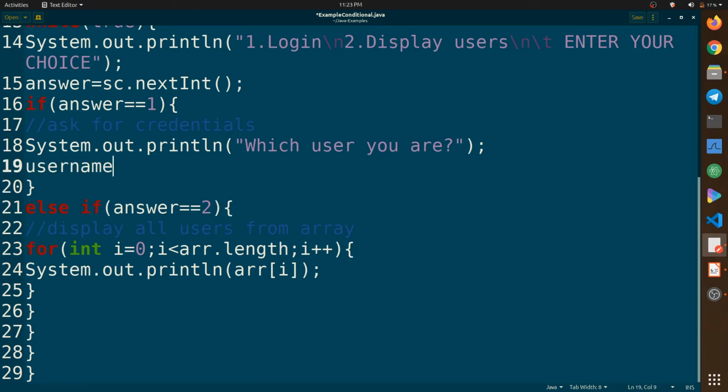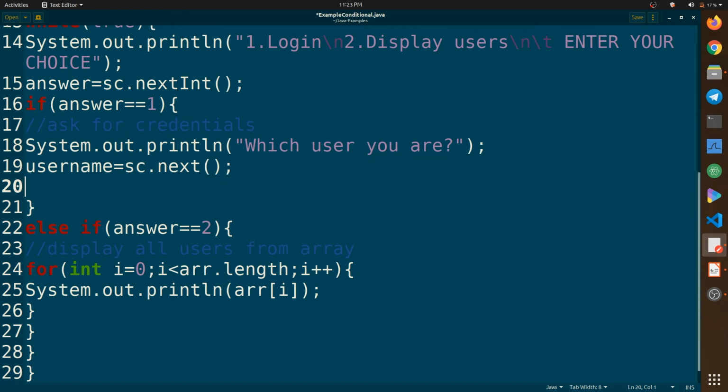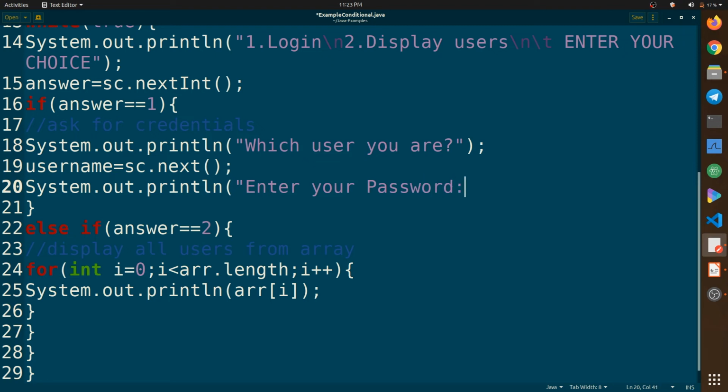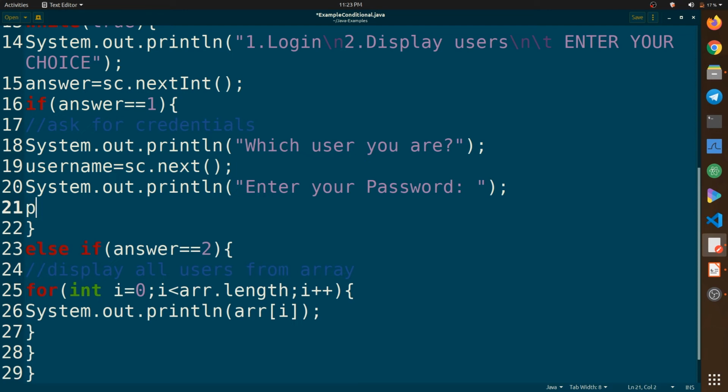Okay, so now let's store our values. So username equals sc.next, which will return whatever the user answers. Then System.out.println, we will ask for the password. So enter your password in our print statement. And let's also store the password.